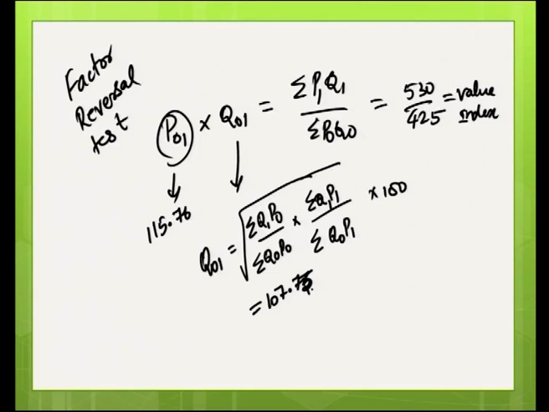When you see P01 into Q01 is equal to 530 by 425, and this is equal to the value index